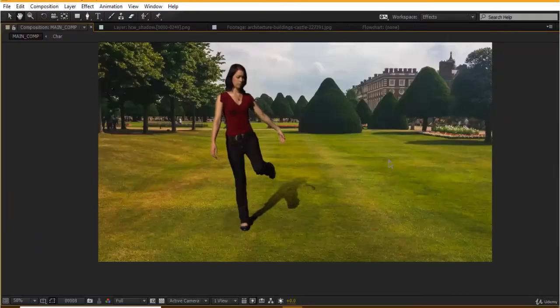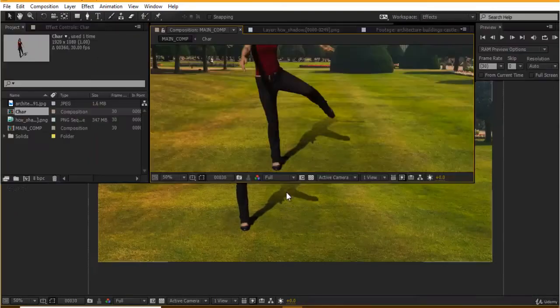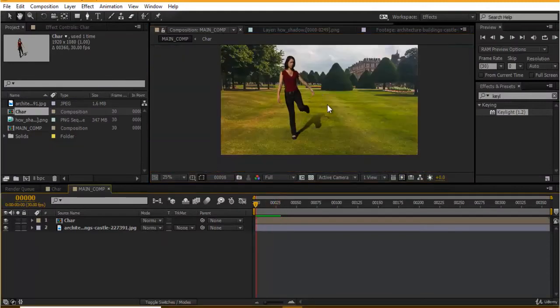Now, as this is my main comp, I would like to scale this down a bit and also composite this.